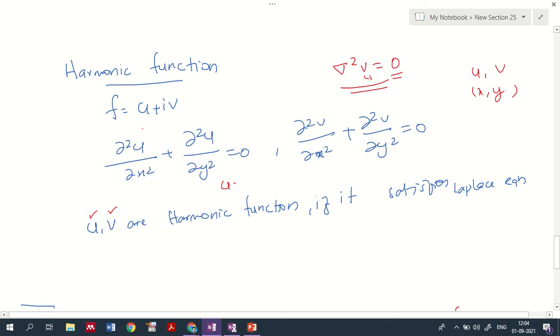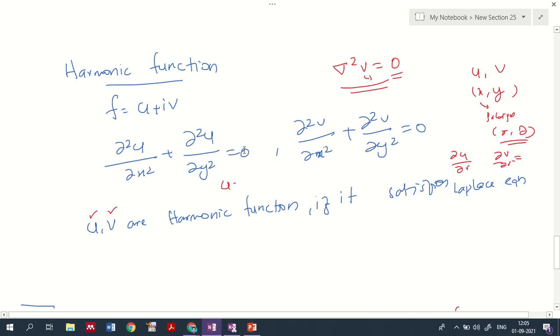And sometimes you can also have this representation. Now we represented u and v in terms of Cartesian coordinates, right? Sometimes there will be a polar form also, in terms of r and theta. That you already know. How do we represent del u by del r and del v by del r and all? We have seen in the last class how we represent that, and there you have to take the second order differentiation of that value in order to get the polar form. If any function is given in polar form, then you have to do it that way in order to verify whether it is a harmonic function or not. Okay, so that is about harmonic function.